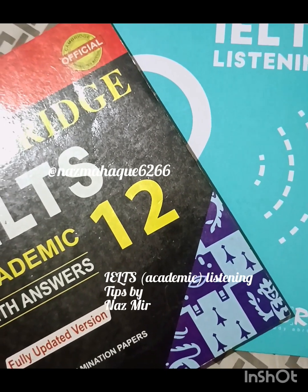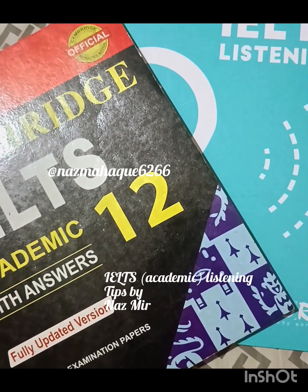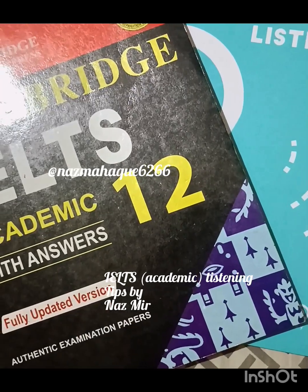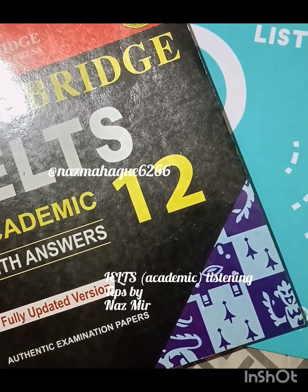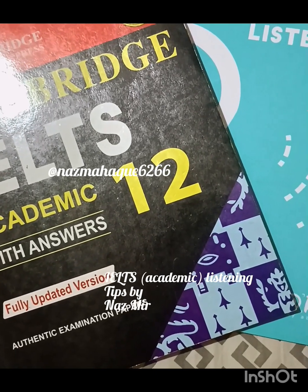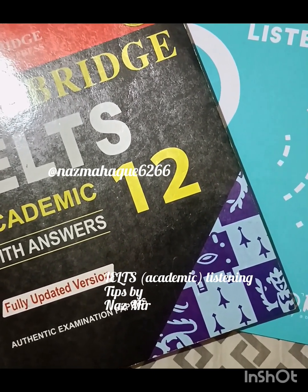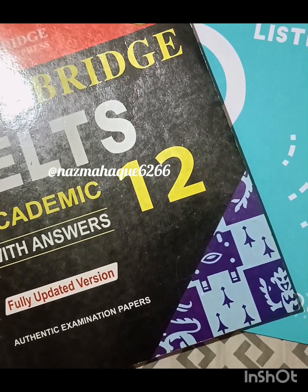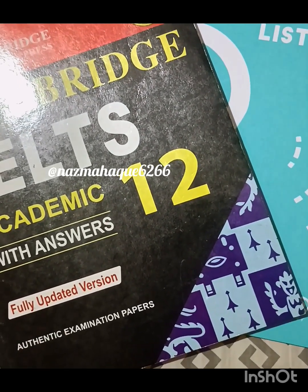I got 8.5 in my IELTS listening, so I'm going to share some tips with you guys. Always try to practice from the Cambridge IELTS academic books because these questions are really standard and you will have the idea about the question pattern as well. So try to do your practice from this one, and after you finish these Cambridge books,